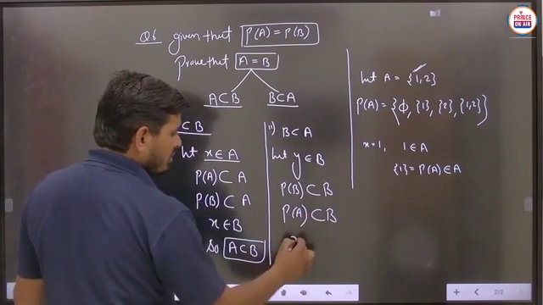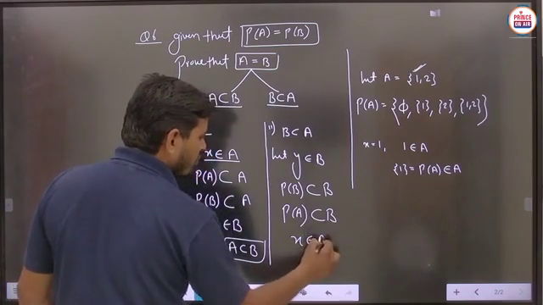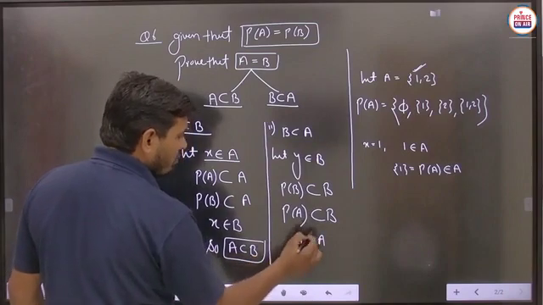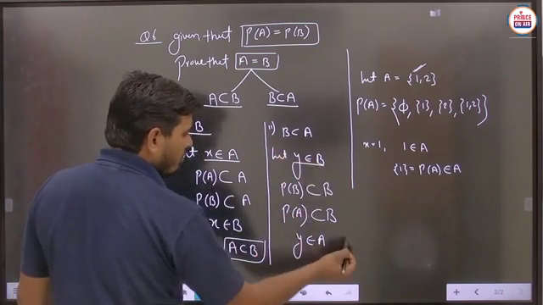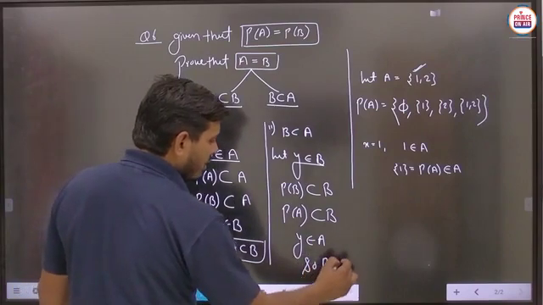So you can say that this particular x also belongs to A. Or you can take this as y, not x. So y belongs to B and y belongs to A also. So definitely, student, you can say that this B is found to be the subset of A.